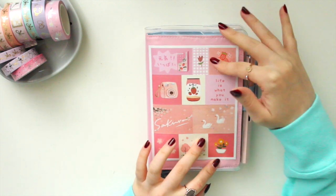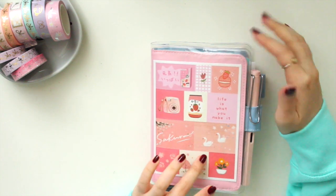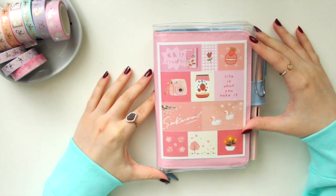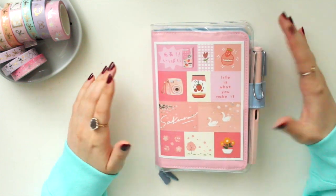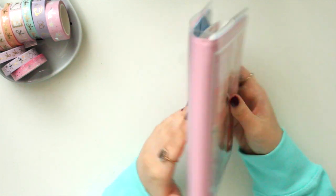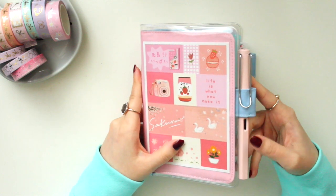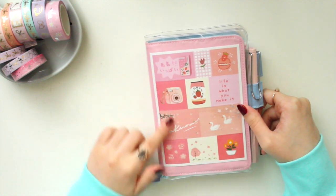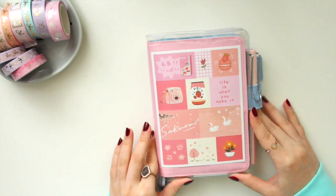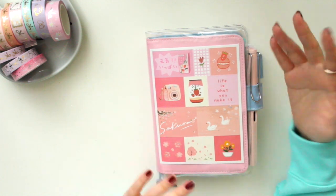But I always use fountain pens on the Tomoe River paper. It takes fountain pen and watercolor and things like that really well. So that is my setup for the first half of 2021 in my Hobonichi Techo in the A6 size. This is the Dreamy Pink cover with a clear cover on it. I do have my powder pink Lamy Safari pen there, and then I just have some Korean stickers here underneath the cover,